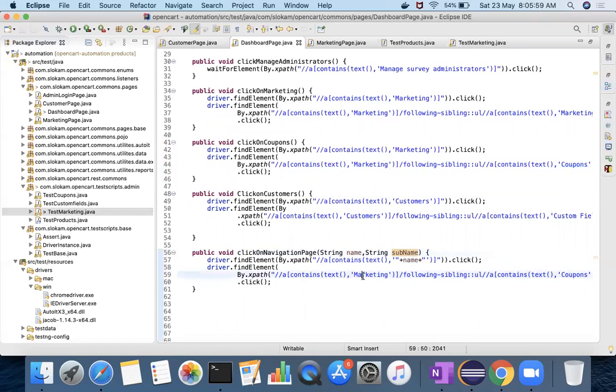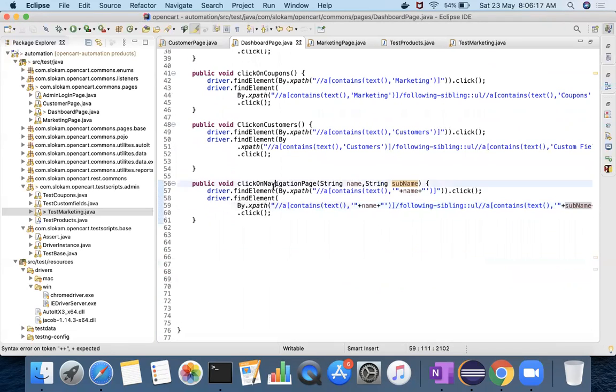Okay, so now the marketing is the first name, and then instead of coupons, what I can do is subname.